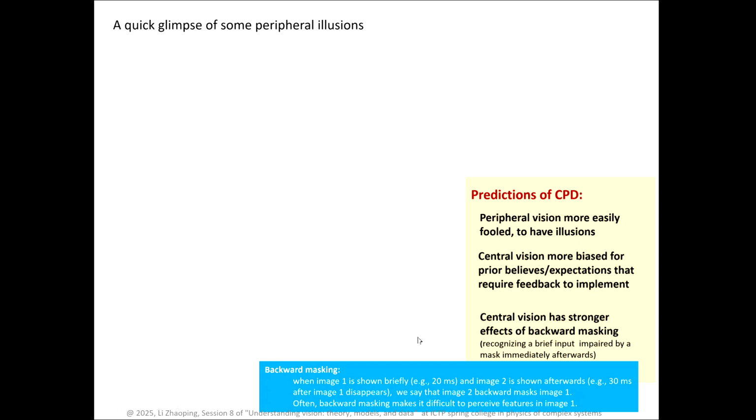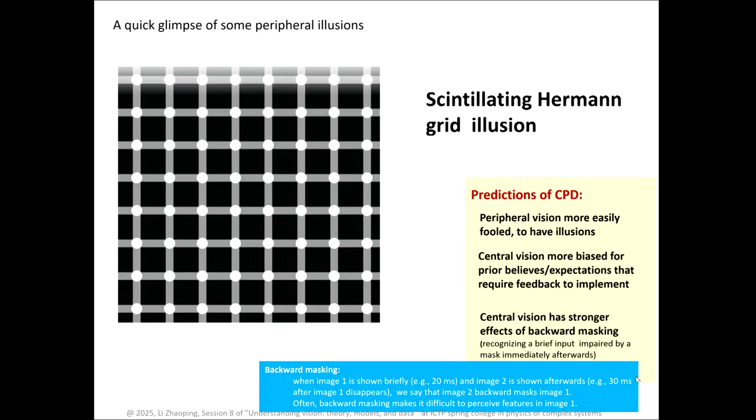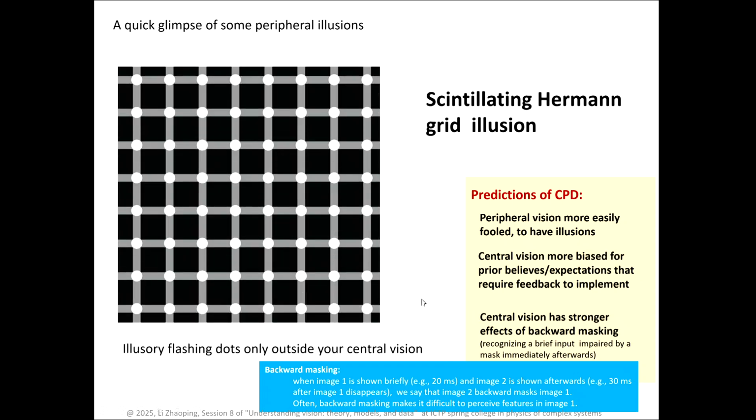Before we dive deeper, let's have some fun. Here you should see some flashing black dots. Yeah, do you see? They are illusions, huh? And they are only where you're not staring. If you stare at the dot, it's not flashing. So if it's in your central vision, it's not flashing. Only in your peripheral vision, yeah? So isn't that something?